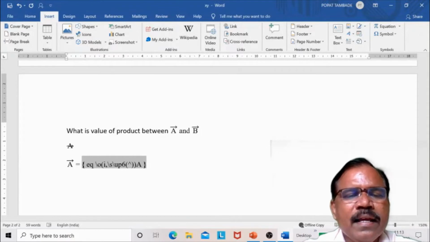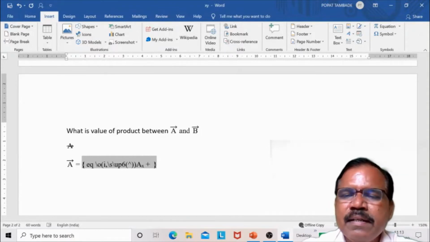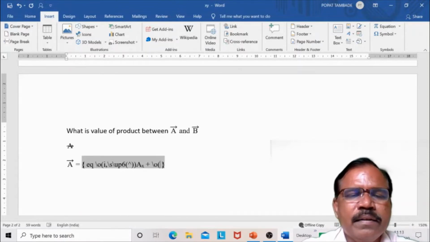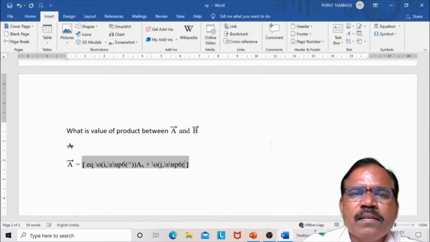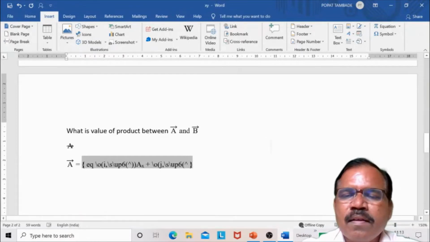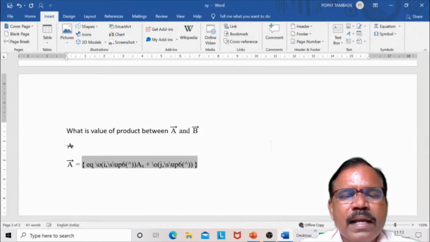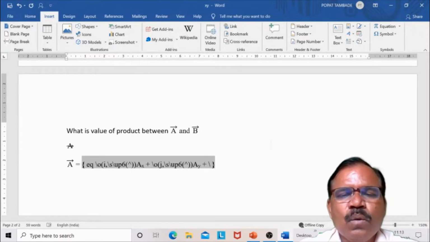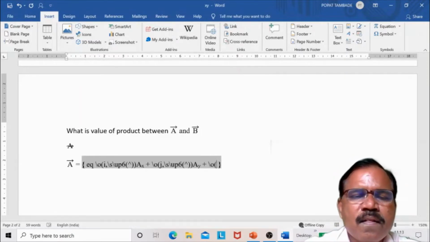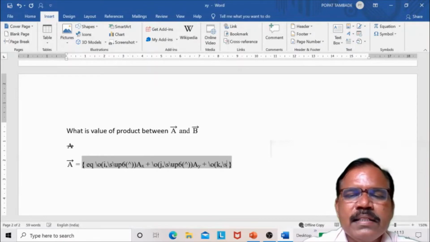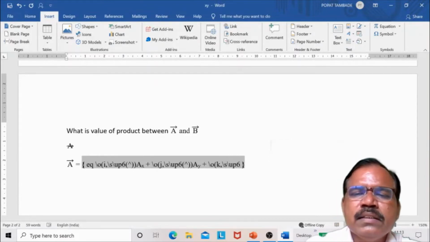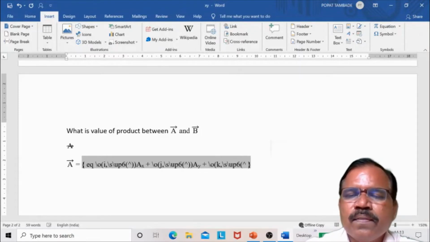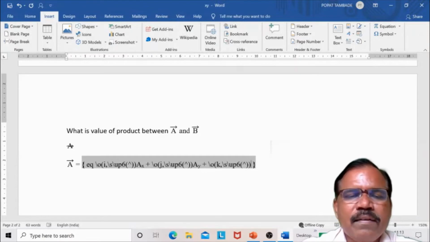Then I can write A subscript X plus, the same is repeated, backslash O, then J backslash S backslash up 6, then this symbol, the bracket is completed for both, then I can write A subscript Y plus, then backslash O, K backslash S backslash up 6 points, then I can write the same symbol here, it is completed, and then I will write A subscript Z. Now see here.